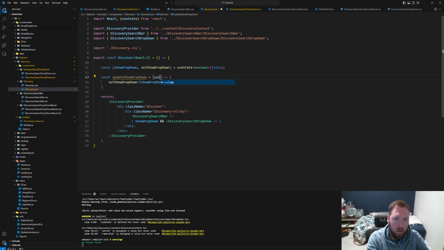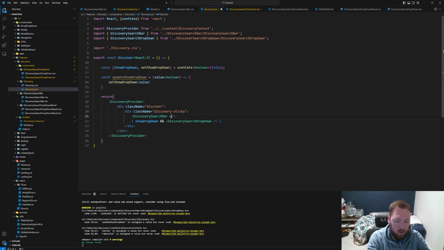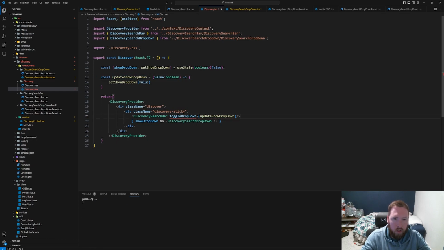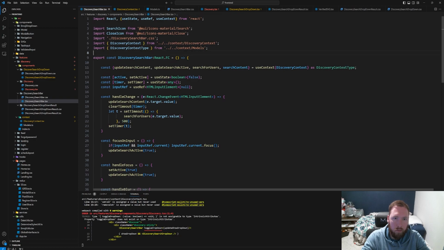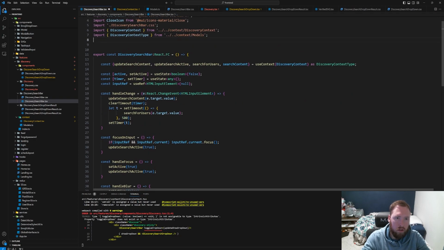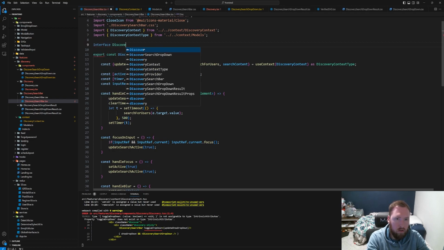So actually I'll say value Boolean and value. And I want to finish this up really quick. So now we're going to say toggleDropDown equal to updateShowDropDown. And then we're going to throw this into discovery search bar. So I'm going to set up props. So I'm going to say interface and discovery